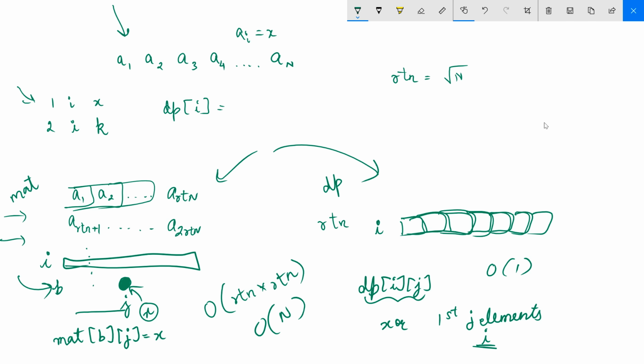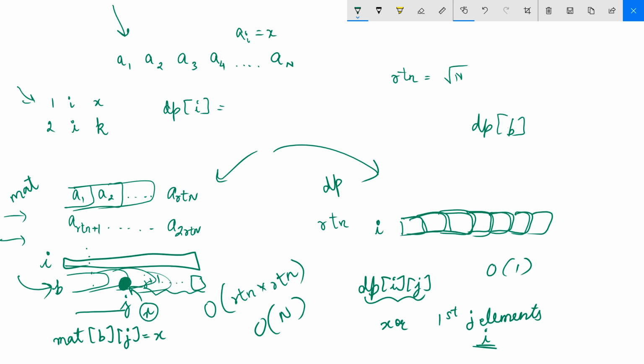But then you need to pre-compute the dp array for this bth bucket, right? Because the dp values will get disturbed after position j plus 1 and so on up to the ending. All these values get disturbed because this element is changed and we are storing the prefix answers.